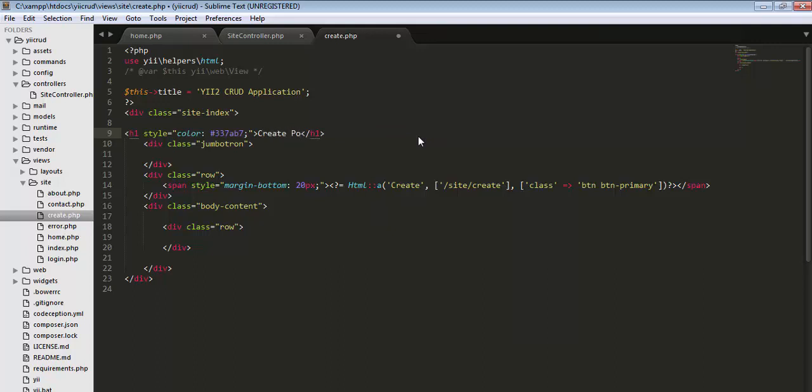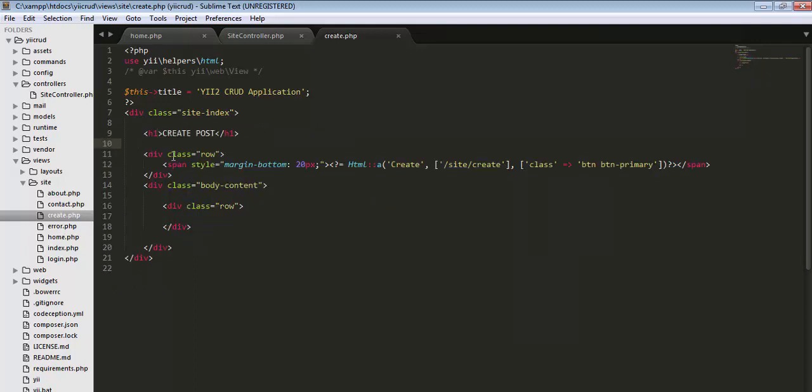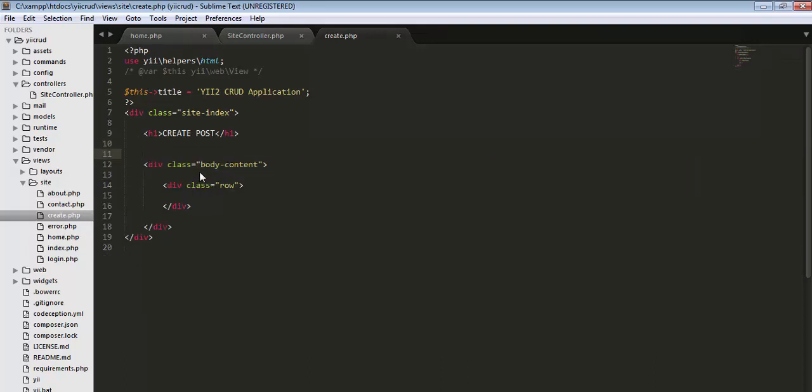Create post. Okay, so just indent. We don't want this jumbotron, and we don't want this as well. Okay, now we need to create a form. Okay, so for creating a form we need to